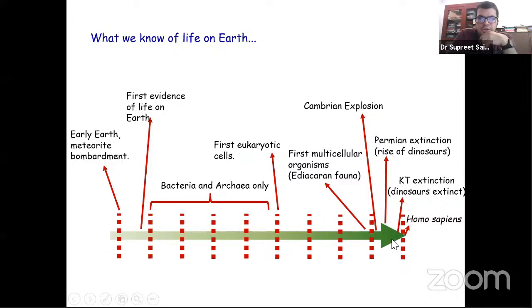About 65 million years ago is the other big extinction event, which is called the KT extinction period, which led to the dinosaurs becoming extinct, again creating space for newer species to come into being. And really, our existence is just a tiny speck on this time spectrum. And they say that one of the things that we have trouble imagining is the immensity of the time that this arrow poses. And I think 4 billion years ago is something that we say as a number, but it's very difficult to get a hang of what that means.